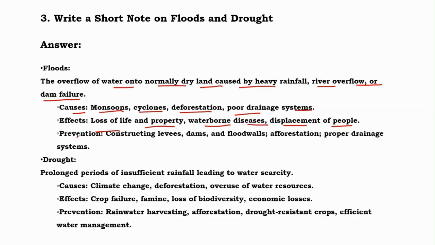displacement of people. Prevention: constructing levees, dams and flood walls, afforestation, proper drainage system. Drought: prolonged period of insufficient rainfall leading to water scarcity. Causes: climate change, deforestation, overuse of water resources. Effects: crop failure, farm loss, loss of biodiversity. For eco example, solar